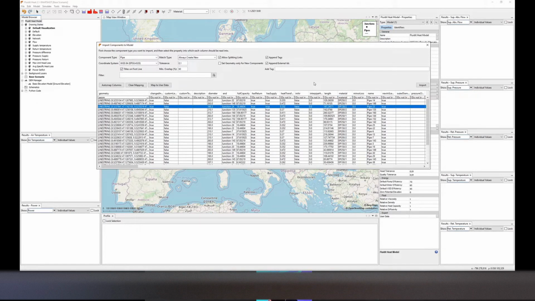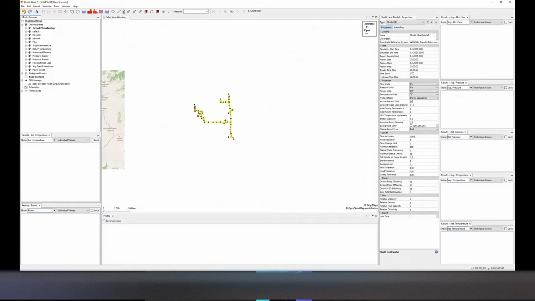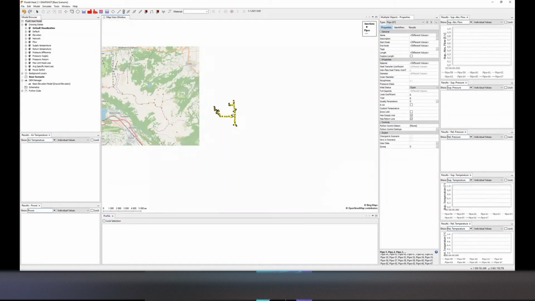If you were bringing in material from a real existing system, a network information system, or GIS, you could use these tolerance values and others to help the pipes to be actually connected to each other, as there are always problems with this information. But I will now just bring in these pipes, and as we can see, they appeared in the scenic Liechtenstein,